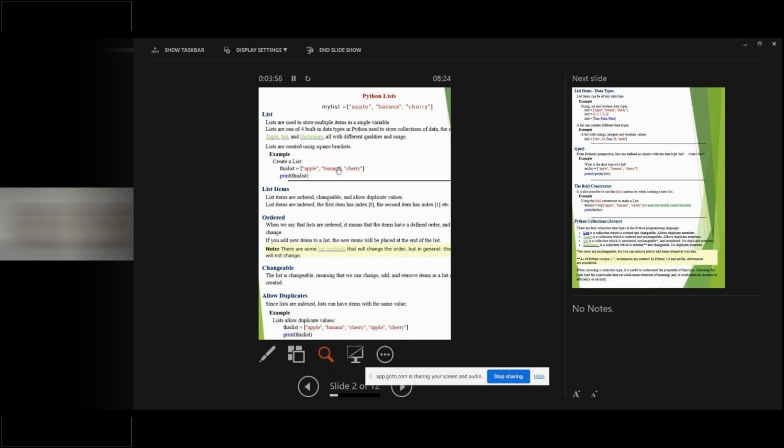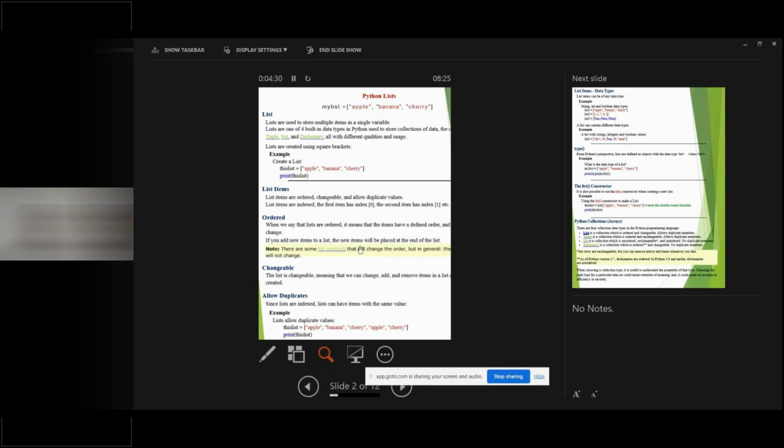These are indexed, in the sense the first item starts with index zero, and the second item has index 1, etc. And ordered means if you assign an ordered way of strings or values, you can apply the sort method on the list so that we can get sorted values from the given list. So using the sort method,